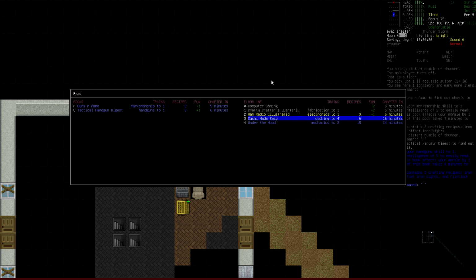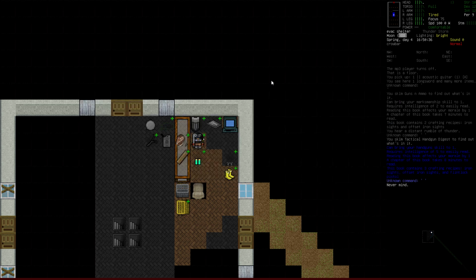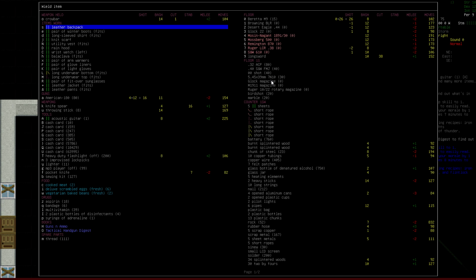So, what we'll do is the mechanics of 3 is important, cooking's always important, getting your cooking skill up, marksmanship and handguns. So let's do marksmanship first. It's only 5 minutes to read, and it's got actually a fun factor, it's got some recipes, so we've got a few options there. But before we do, I am going to wield